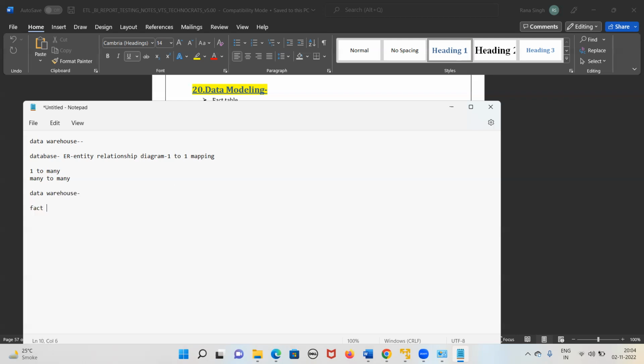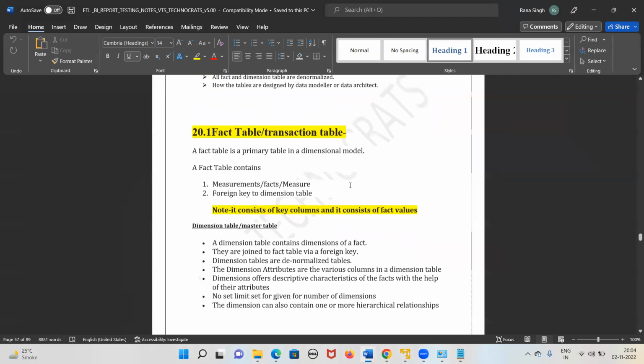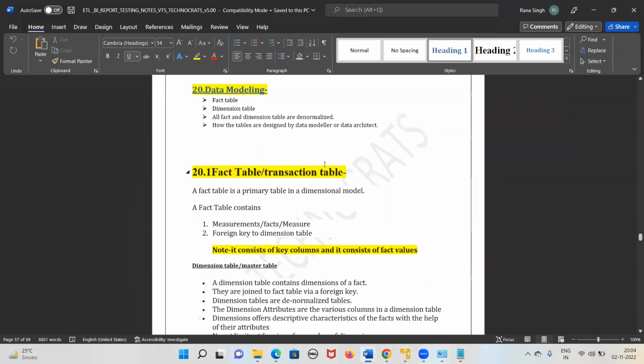There are only two kinds of tables: one is the fact table and the next is the dimension table. Many times people ask the question, what is a fact table and a dimension table, which we are going to learn neatly here. So first of all,